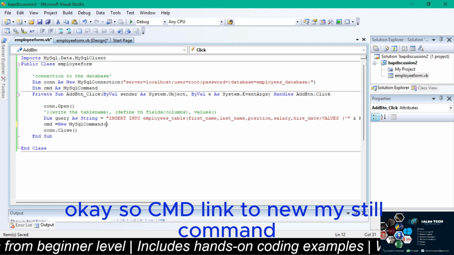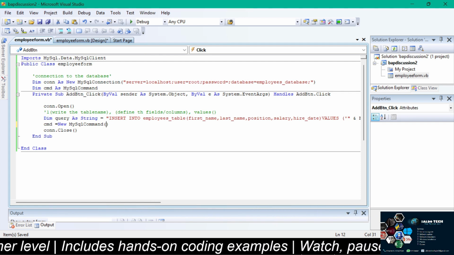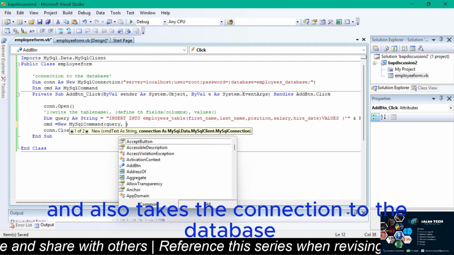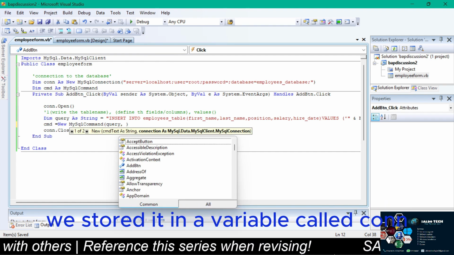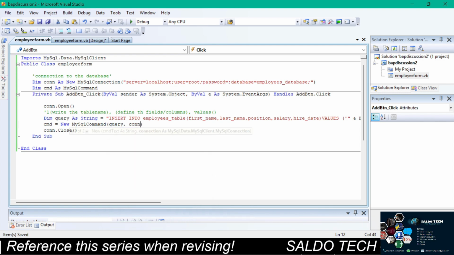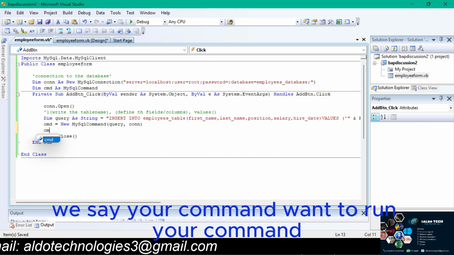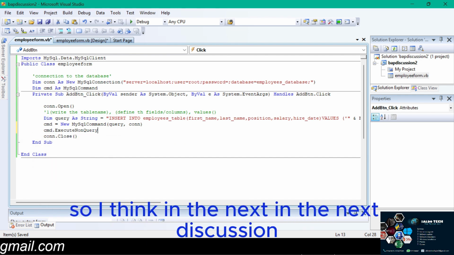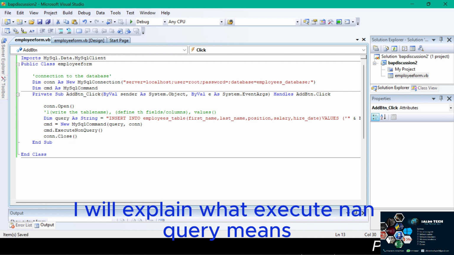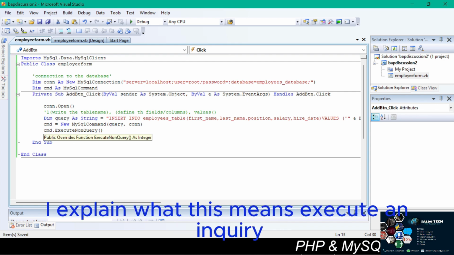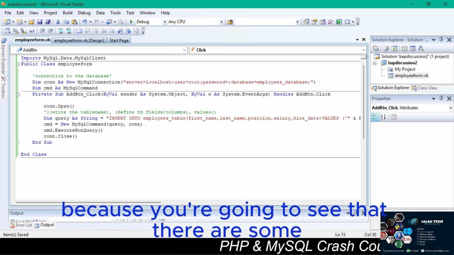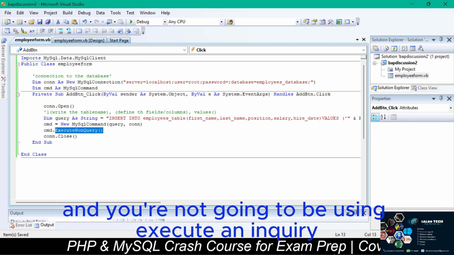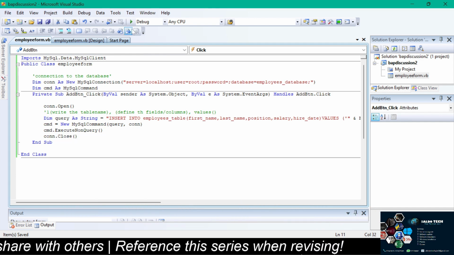Okay, so cmd will equal a new MySQL command. It takes our query, and also takes the connection to the database, whereby that connection is stored in a variable called con. So here, what do we do? We say your command dot execute non query. I think in the next discussion, I will explain what execute non query means, because you're going to see that there are some queries that you're going to write and you're not going to be using execute non query. You get. After that, I can save and run